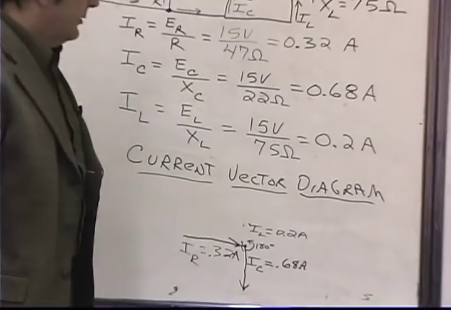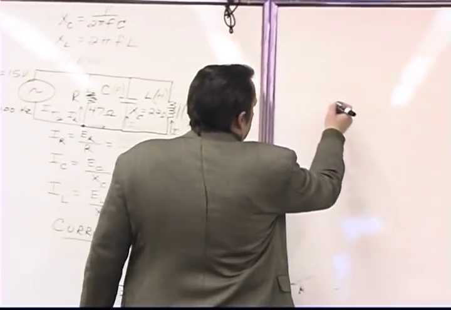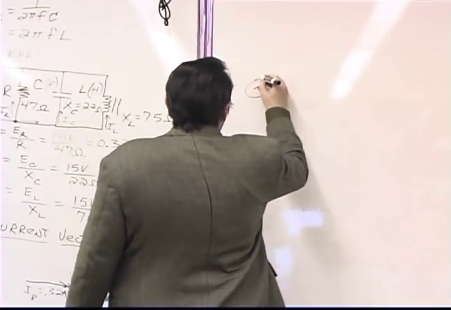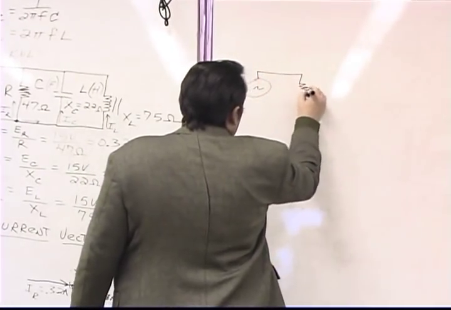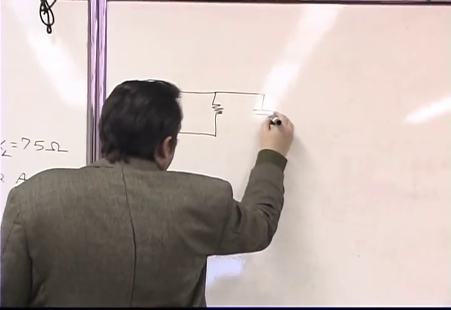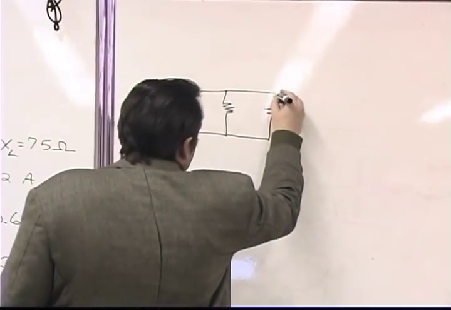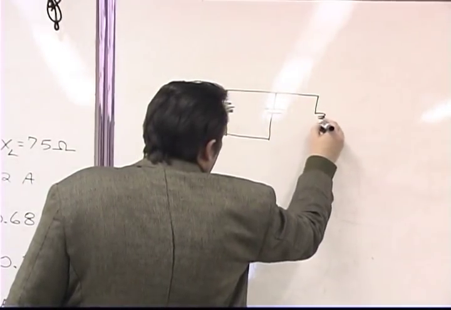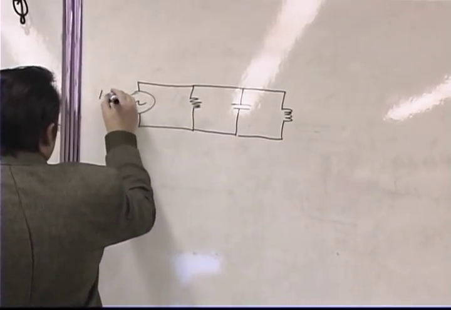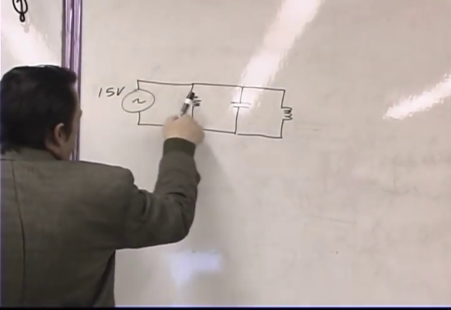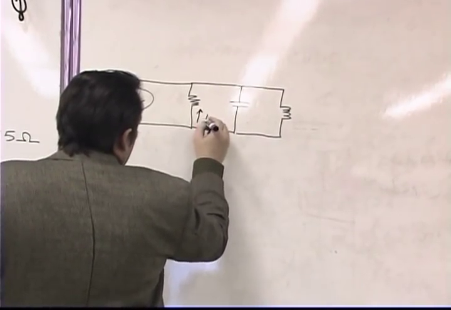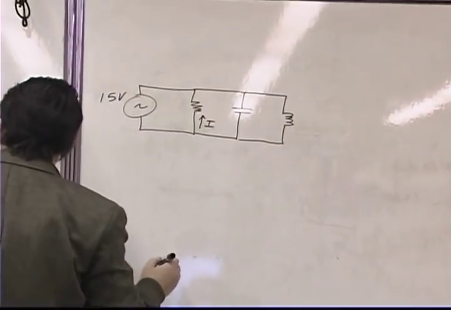Okay. All right. So let's transcribe everything over to this board right here. I'm going to go ahead and just quickly redraw the circuit. We had a resistor in parallel with a capacitor, which was in parallel with an inductor. This was 15 volts, which means there's 15 volts everywhere, and the only thing that I'll draw are the currents. So the current that we found flowing to the resistor